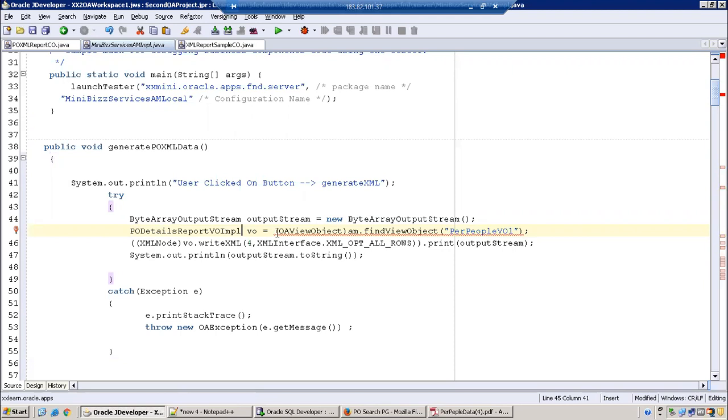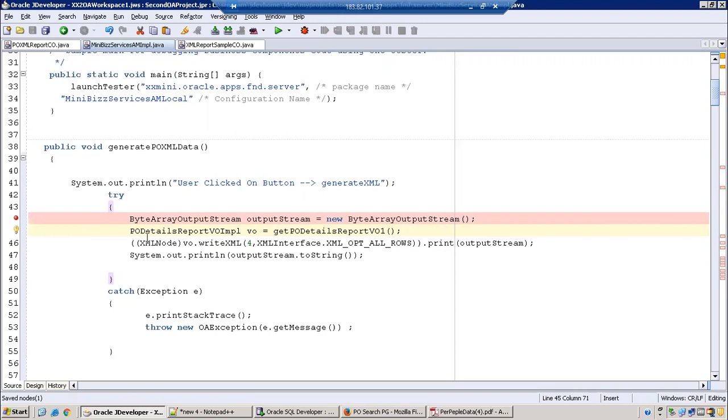So get the Vivo object, get Vivo details report Vivo. And after that, see what we are doing is we're just creating a byte array output stream because I just want to generate output stream. This is like, see, when you are talking about normal variables, you just simply consider integer and all those things and you'll just print it. But when you're talking about binary data, we require the concept of streaming consideration. So what we're doing is we're just creating an output stream object.